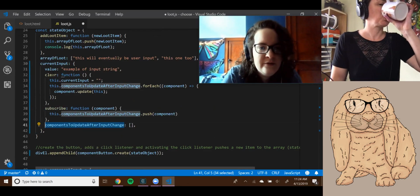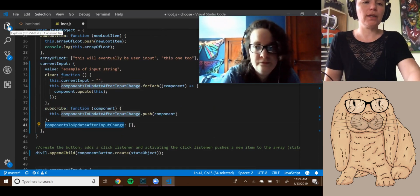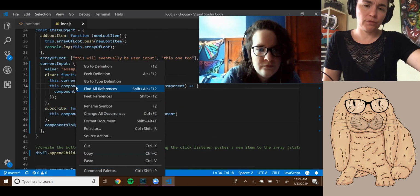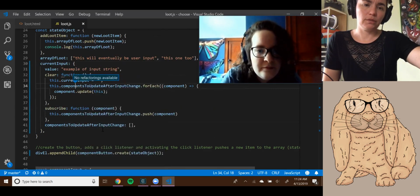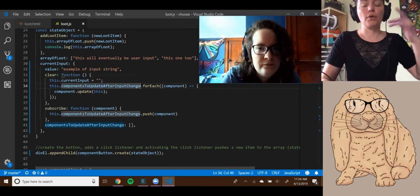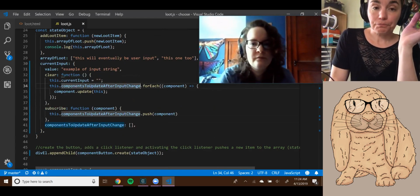Should I do find and replace on this one? Oh, right-click on it and pick refactor. No refactoring is available. Oh well. The way I would do this one, because they're all really close, is...